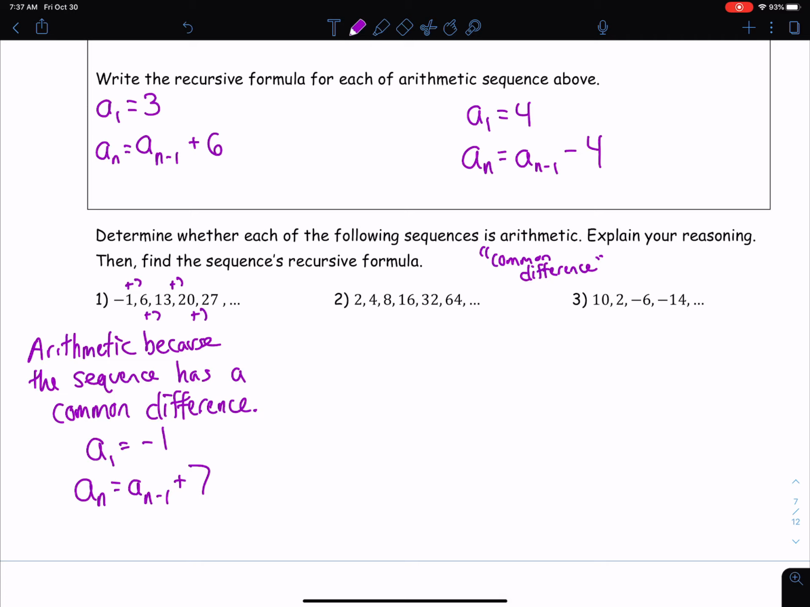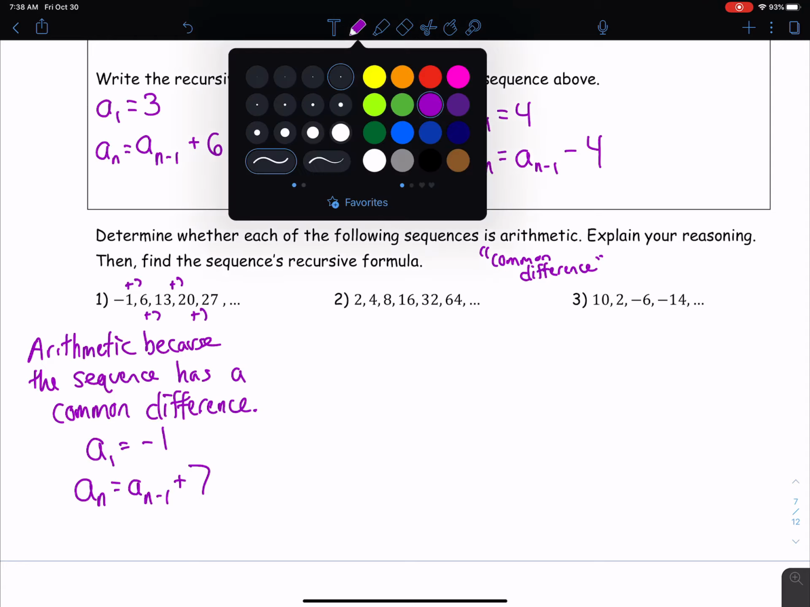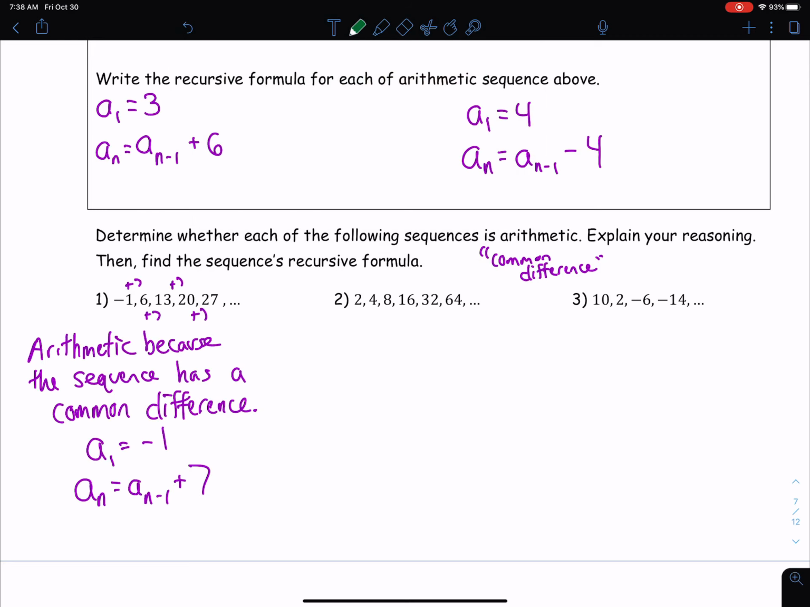So I want you guys to pause the video, try 2 and 3. 2's recursive formula is something different than we're used to seeing, but give it a shot. Pause the video and play it once you're done. So let's look at number 2. Number 2, we're adding 2, adding 4. Stop right there. We already see there's no common difference because we're not adding or subtracting the same amount. So this is not arithmetic